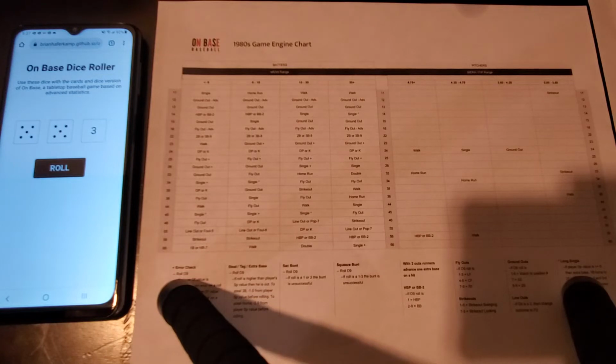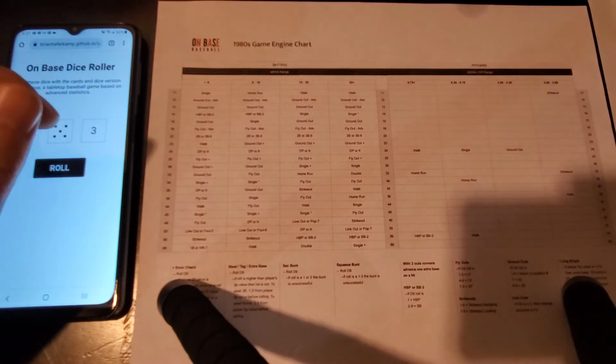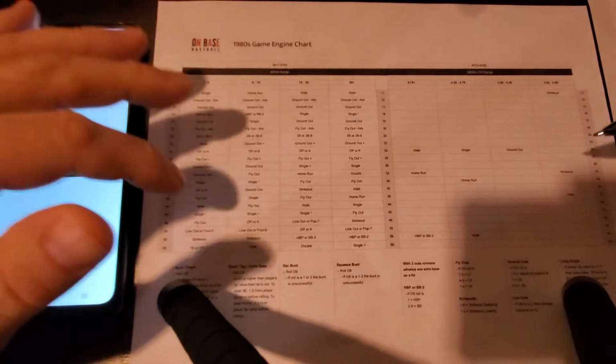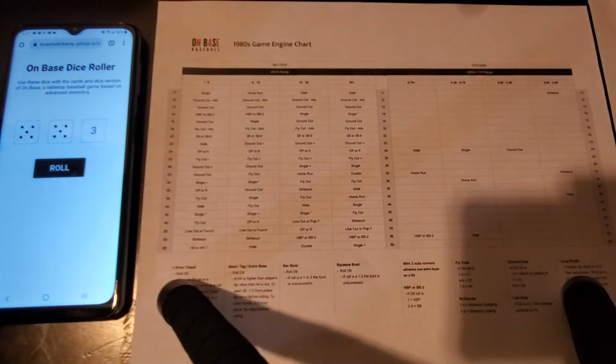So we have Tim Wallach, Krinchicki, the first baseman, and then Luis Rivera, who's playing shortstop for Montreal. That's your next 3 batters up, and they're facing Ron Darling. I am using the 1980s game engine chart, and that one's been specifically designed based off of the statistics from batters and pitchers from the 1980s.